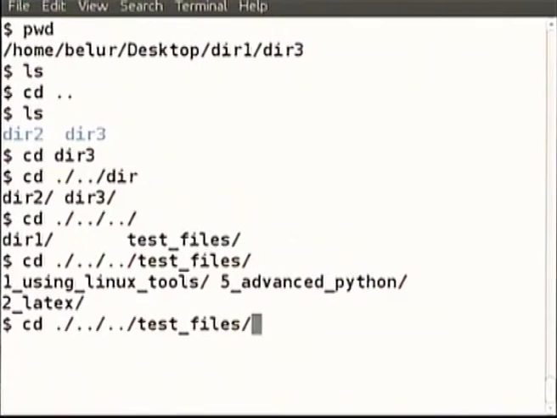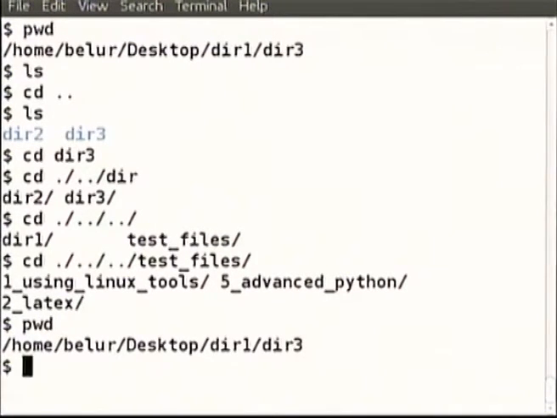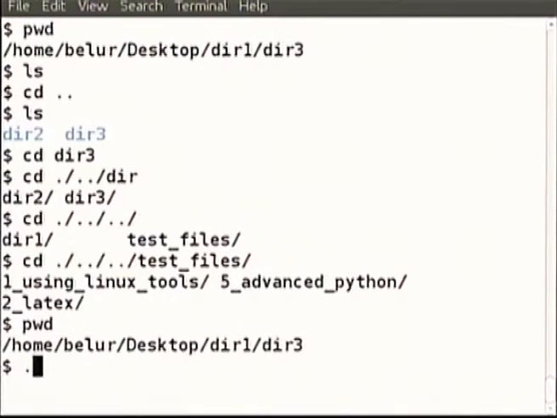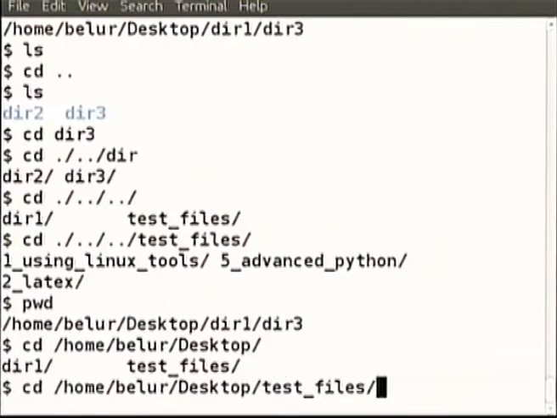This is a question. If I understand right, this is a question. This is a location of various files, directories. This is all relative. What about absolute? PWD will always give the absolute path. If you specify the directory structure starting from slash, where slash is the root, starting from slash means it's an absolute path. There is no dot dot etc. specified here. We can go to another, cd slash home slash belur slash desktop. We can use tab here also. Now we are specifying absolute path. Now we can press tab. Let's test files. Okay, again press tab.